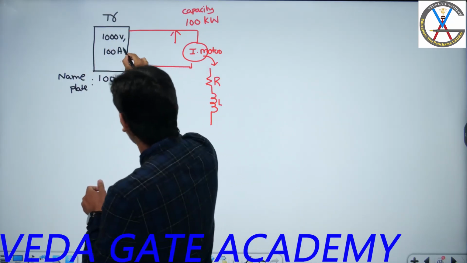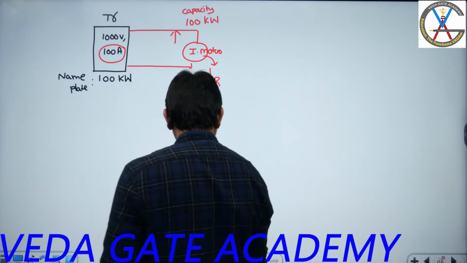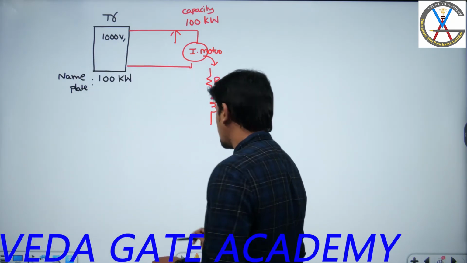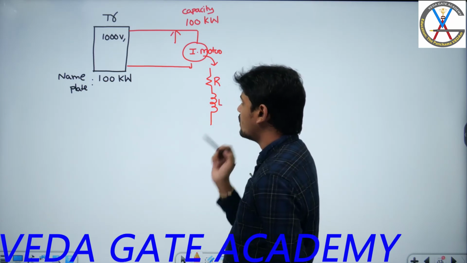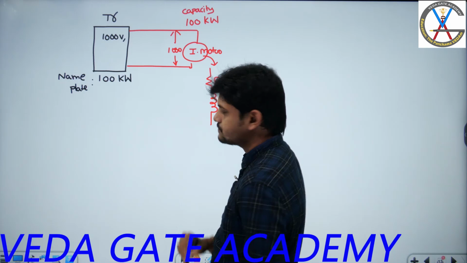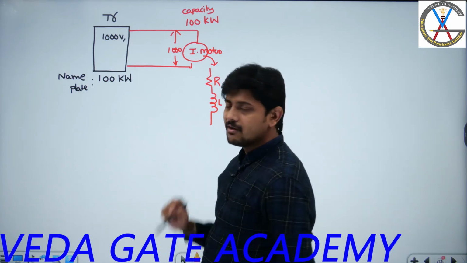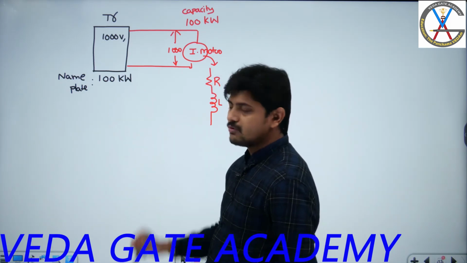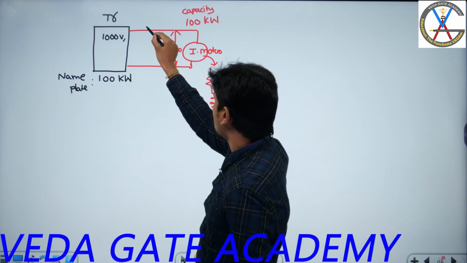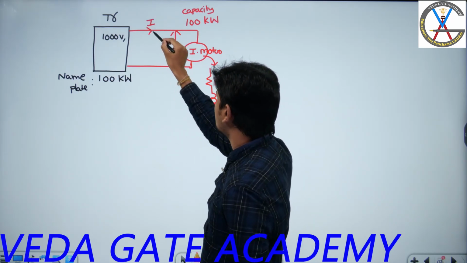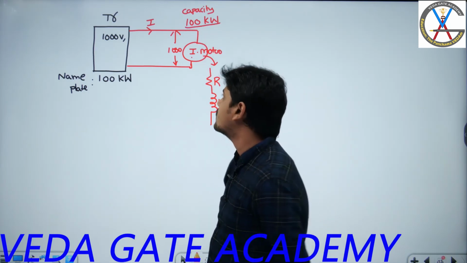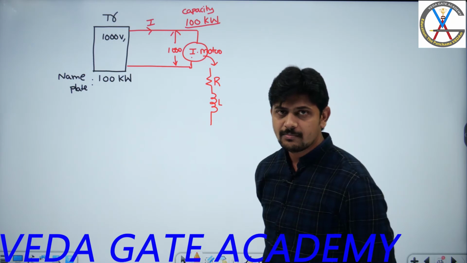This is inside, okay? As a designer, I know this. But as a customer, you don't know this, right? Now, here, this is my RL load. I know that the voltage is 1000 volts. The maximum power rating of the transformer is 100 kilowatts. Now for this particular induction motor, if I try to identify how much current is drawn by it at this capacity of 100 kilowatts, can you calculate the current? Can you tell me?